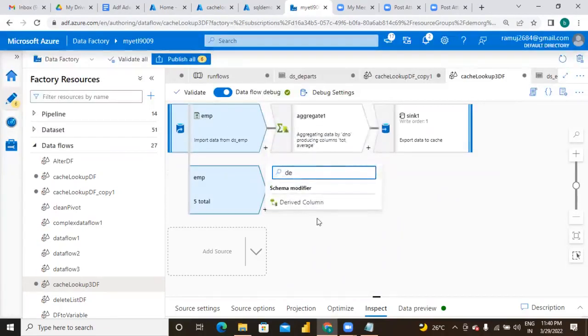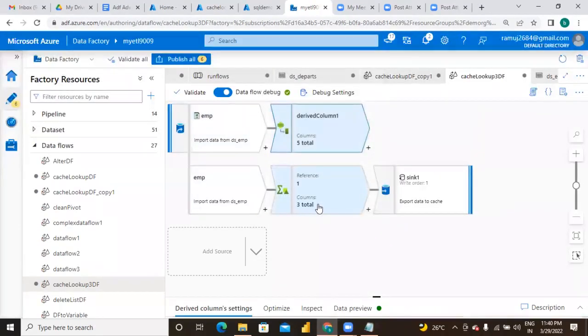Derived column I am applying. Okay, derived column. In the derived column,